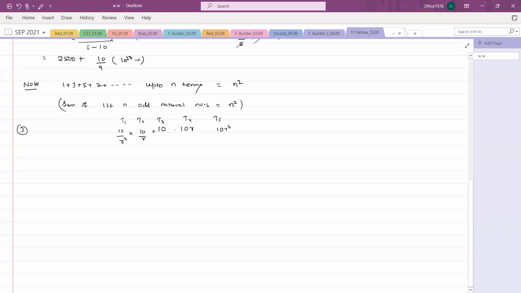Question is their product. So that R square cancelled. 10 raised to